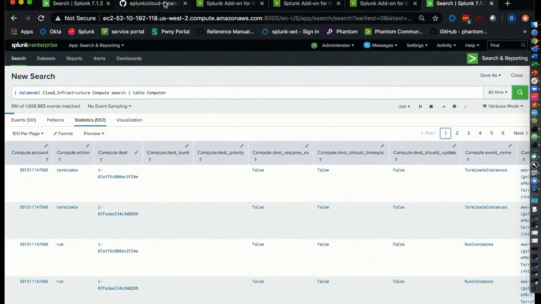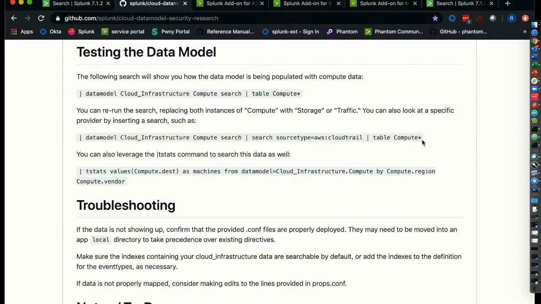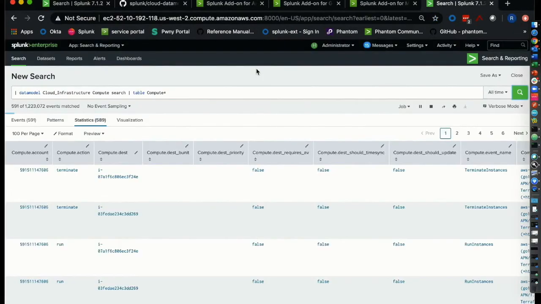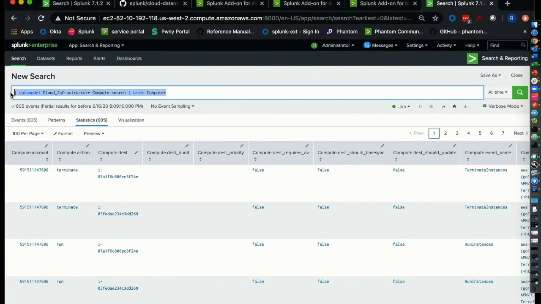We just saw a compute table, but we can now take a look at a specific source type, just for the sake of an example. So we're going to go in again into our instance, and we're going to paste the search, then hit search. As you can see, we're looking at CloudTrail,